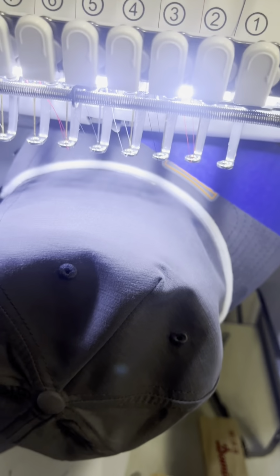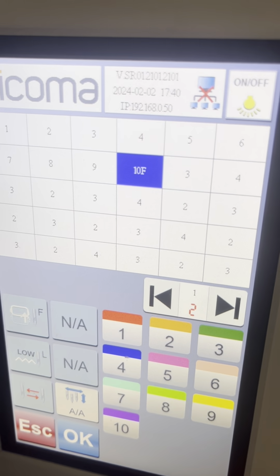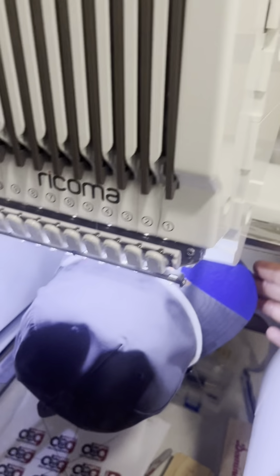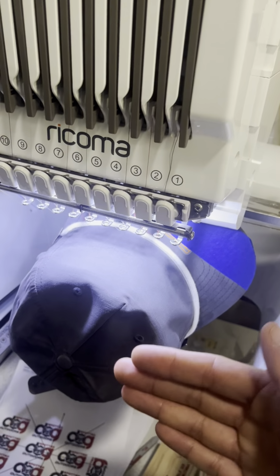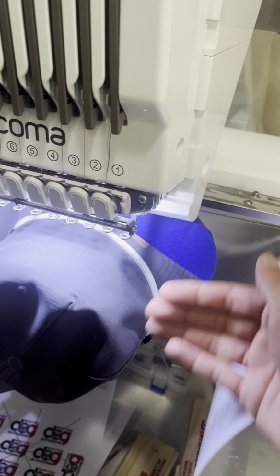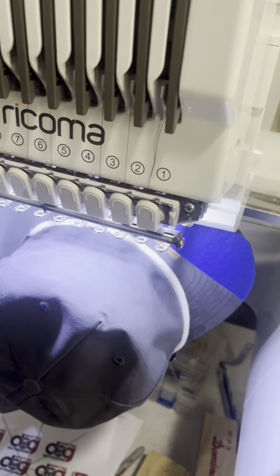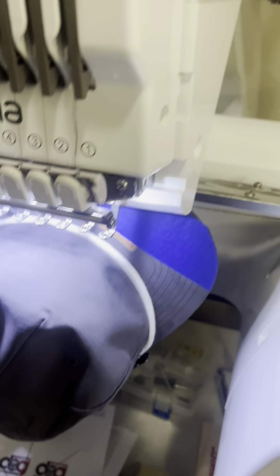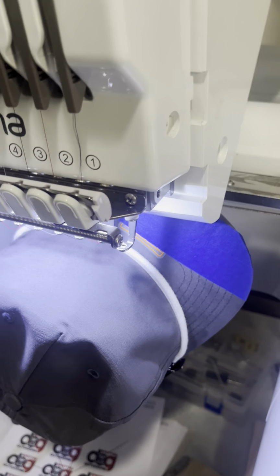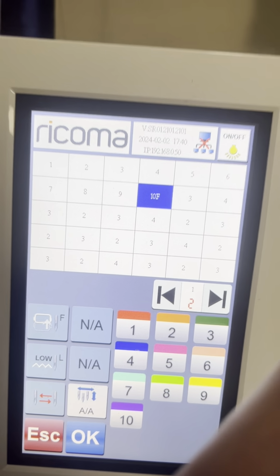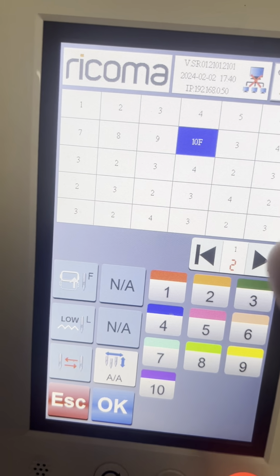Don't do that with hats, okay? Or you'll learn the hard way. If you set this function with hats, whenever that function goes off, it's gonna push this hat that's about this far out. The bill's gonna try to come to about here. It's gonna bend some stuff up. Your machine's gonna make some crazy noises. It probably won't break nothing, but the hat's probably gonna get destroyed. So F function is not for hats, okay? Don't do it, bad idea. But when you're running flats,